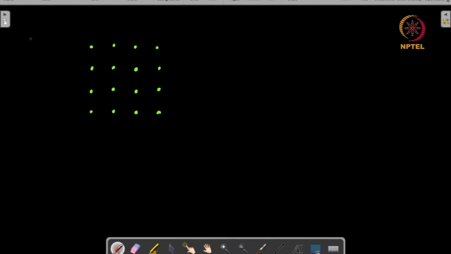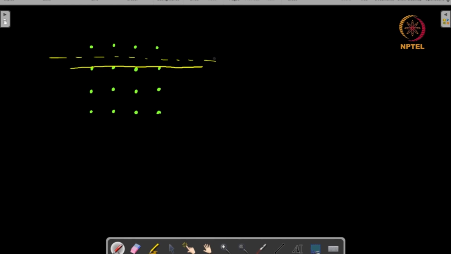Now if you try to break this crystal, there will be certain planes along which breaking this crystal would be easy, like this plane, because you have atoms in this particular plane. So if you break the crystal at a plane that is parallel to this, it is very easy